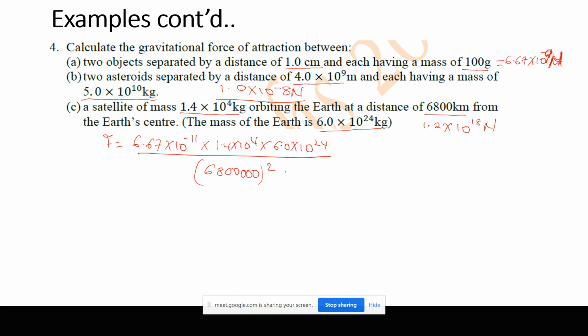That power 18 is too big. What about 1.2 times 10 power 5? Power 5. I think this is correct. Okay. I think that is correct. Okay, so